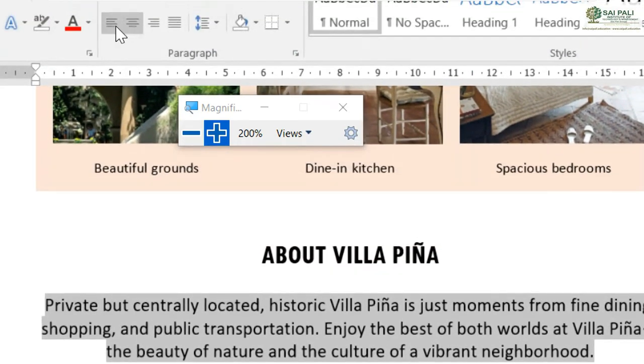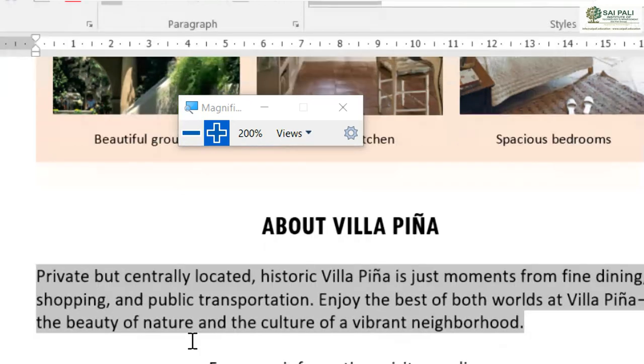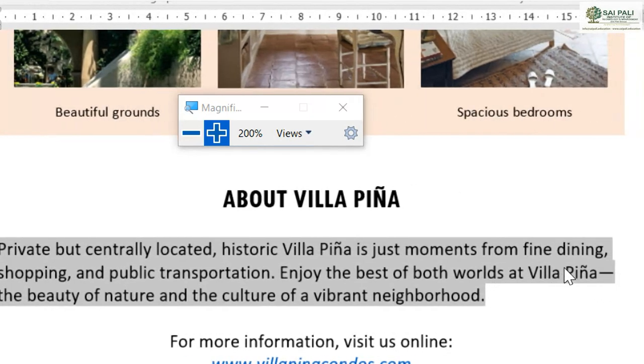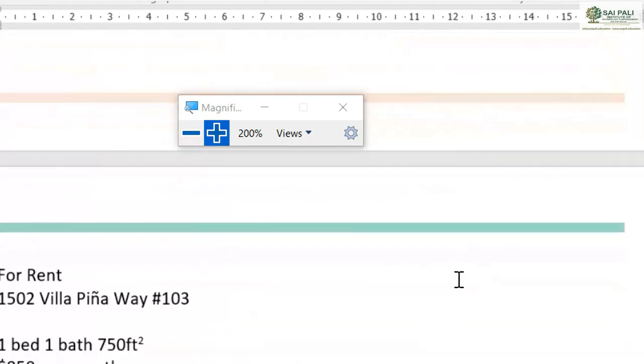Now if I put it here in the left side, you can see in the left side they are aligned straight, they are aligned together. But when you see the right side, these lines are not aligned properly. Now this one is almost identical, but let me have some paragraph.